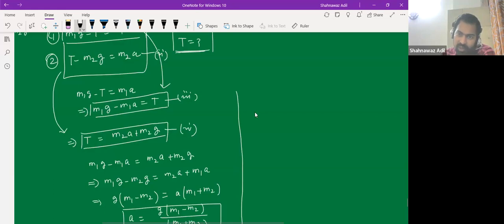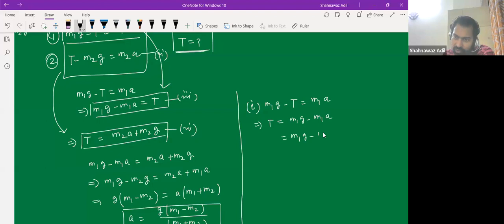So one is M1g minus T equal to M1a, right? So T is what? M1g minus M1a. This is M1g minus M1, and